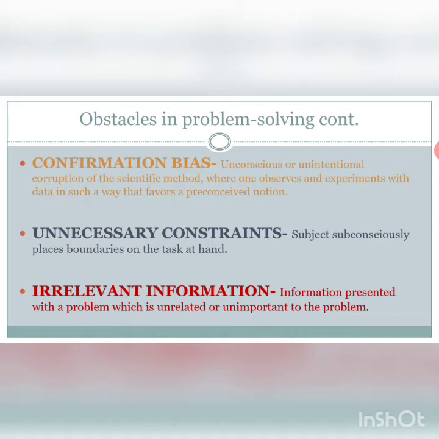So maybe the person will be able to solve a problem by following a certain strategy that has come to his or her mind, but because of groupthink, for example, where the person is in a group and everyone tries to think in a definite pattern, the person will actually forgo his strategy and lean towards the groupthink, and that will act as an unnecessary constraint in the process of problem solving. So groupthink is one example of unnecessary constraint.